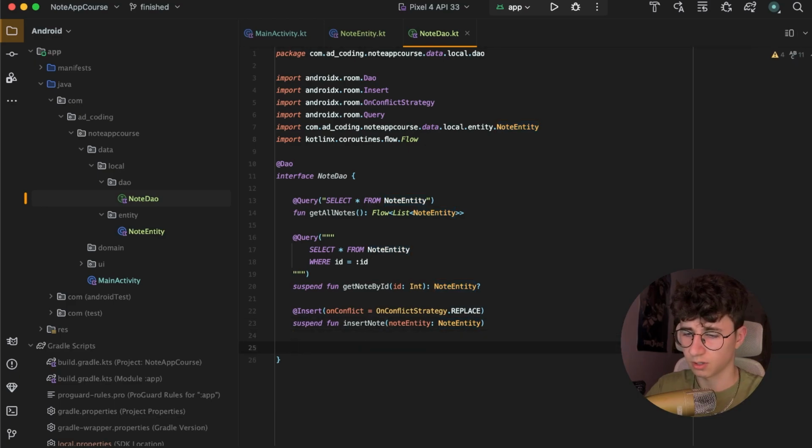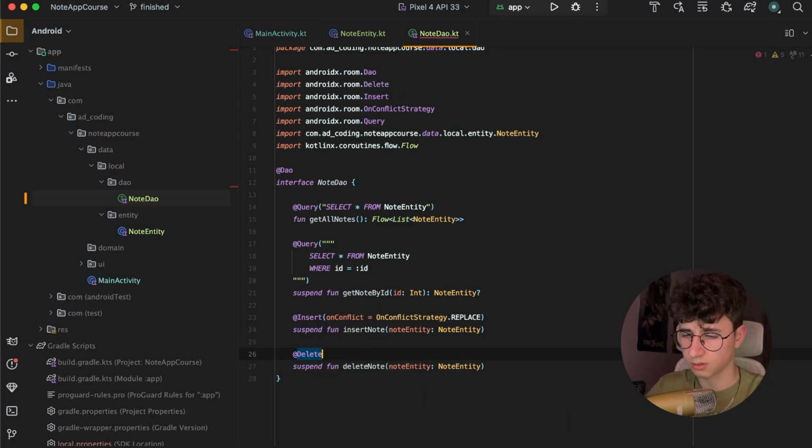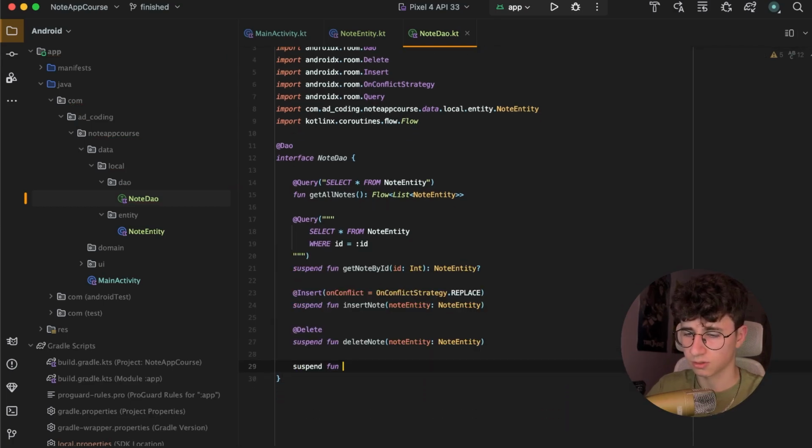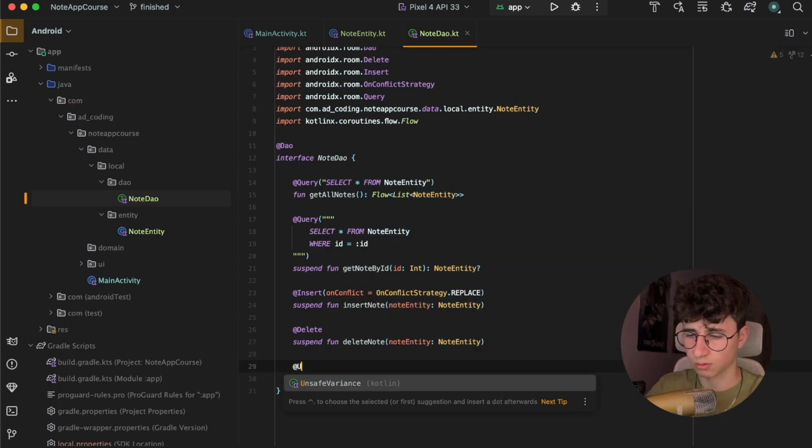Now let's create a suspend function that will delete our NodeEntity. Let's annotate this with Delete, and the last function we need is to update the node, and annotate this with